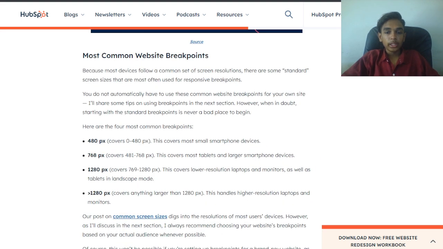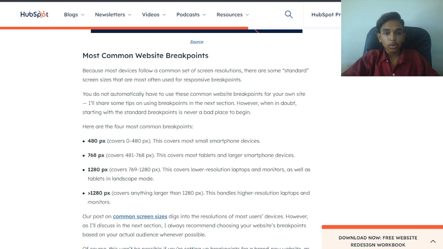Most common website breakpoints. Because most devices follow common settings, some standard screen sizes are most often used for responsive breakpoints. You do not automatically have to use the commonly used website breakpoints for your own site, but starting with the standard breakpoints is never a bad place to begin.